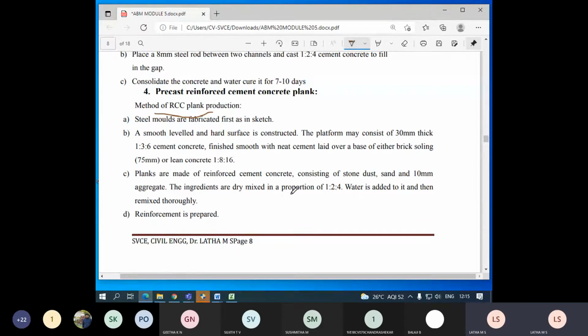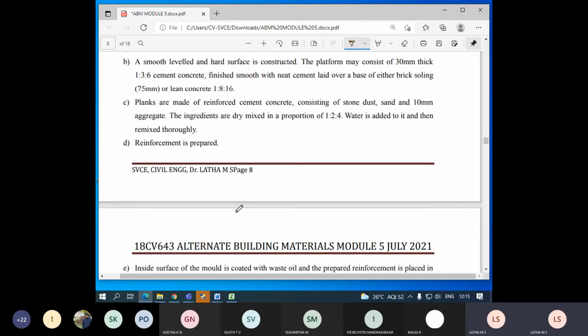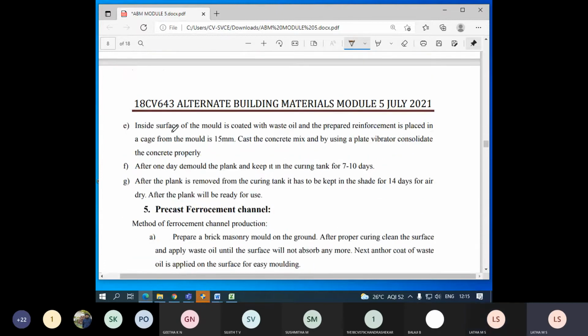The ingredients are dry mixed in the proportion of 1:2:6. Water is added and then uniformly mixed thoroughly. Reinforcement is prepared. The inside surface of the mold is coated with oil and the prepared reinforcement is placed as a cage, and the concrete is mixed and poured into the entire mold.